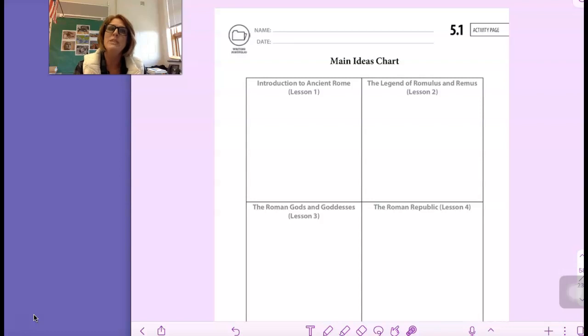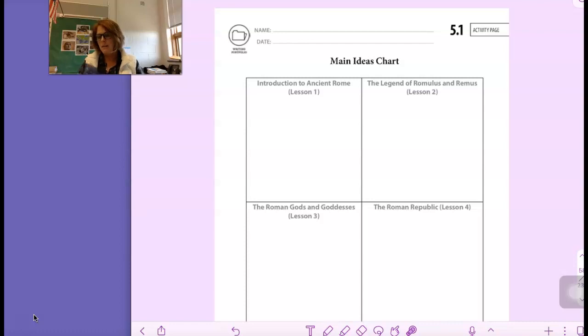And before we get into the reading of lesson 5, we want to do a little bit of review. So we are going to go back to, this says lesson 1, lesson 2, lesson 3, lesson 4, but it's actually the chapters in your book. So the chapters in your reader,